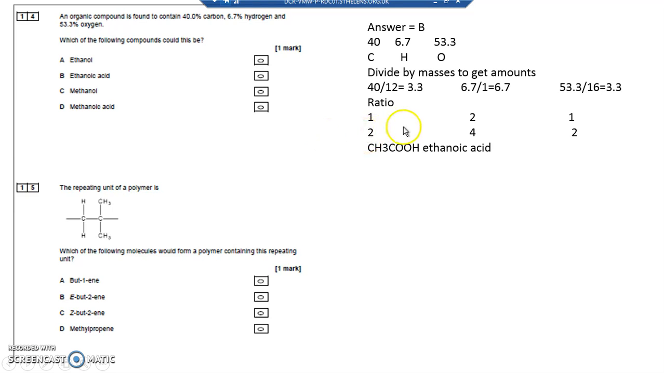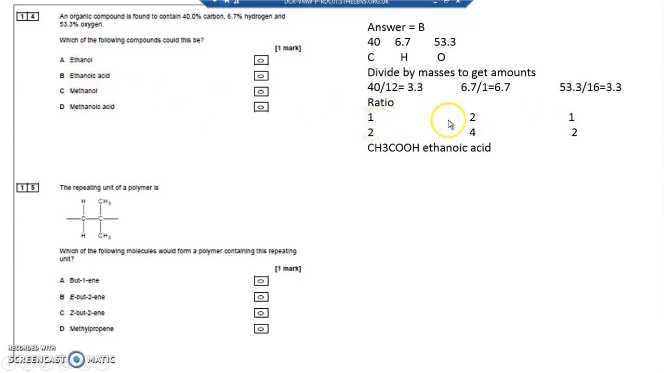Now, what's 1 to 2 to 1? Ethanol has got 2 carbons in it. Methanol is CH3OH, CH4O, so C1H2O doesn't match methanol. Methanoic acid is CH double bond OOH, so that's got 1 carbon, 2 H's and 2 O's, not 1 carbon, 2 H's, 1 O, so it doesn't match either of those, so it's got to be ethanol